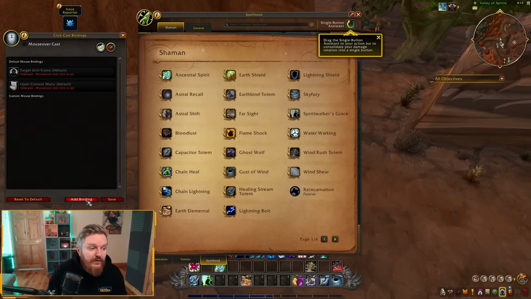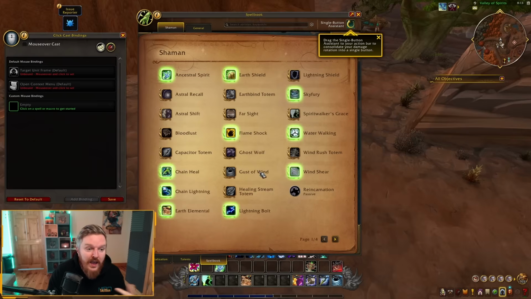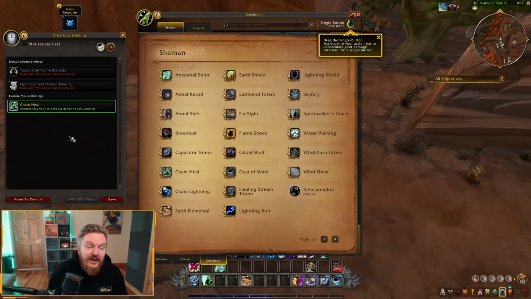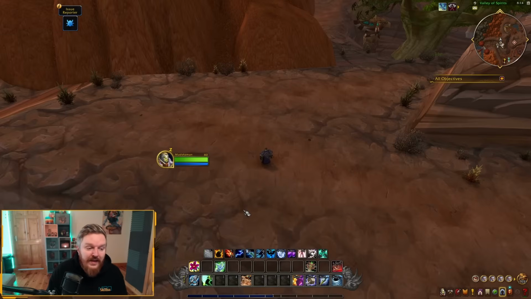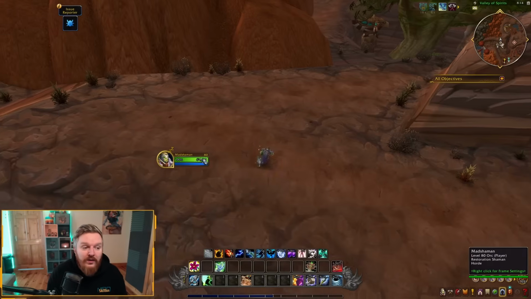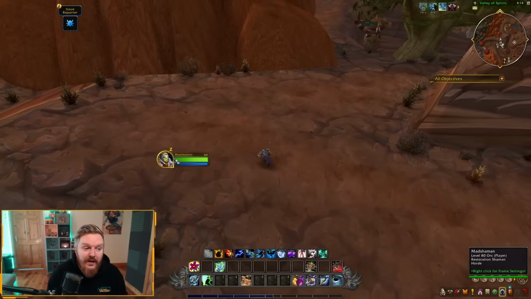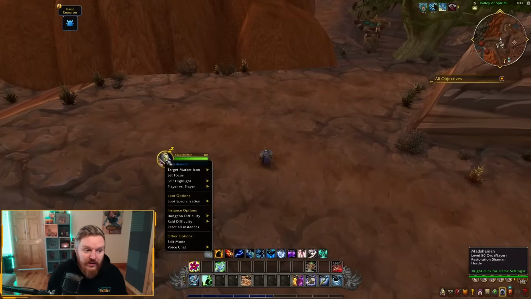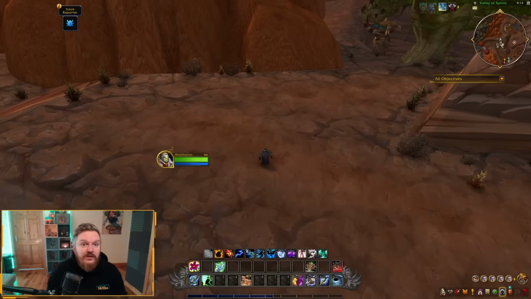It actually works okay. For example, I click on add binding and I want to add, let's say, Chain Heal, and for me I actually use right click for Chain Heal. I use my left and right click mouse buttons for a lot of the most important abilities, so I can just right click this and save. Now if I right click, I have Chain Heal, and if I want to select or open the option menu, I can alt right click to open the option menu. This works perfectly. This works very similar to what Click is.